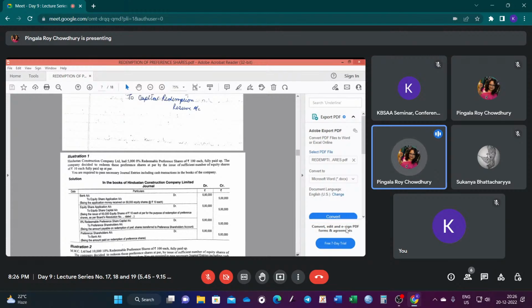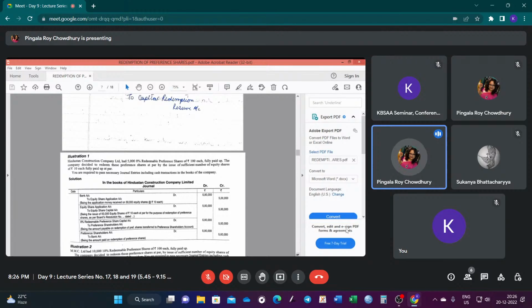There are no questions of creating any ledger accounts. So you need to concentrate on these journals. And as you can see, if you remember the golden rule and if you follow certain basic rules, the journals are very easy. So coming down to the sum, they are saying that they have 5,000 redeemable preference shares, which